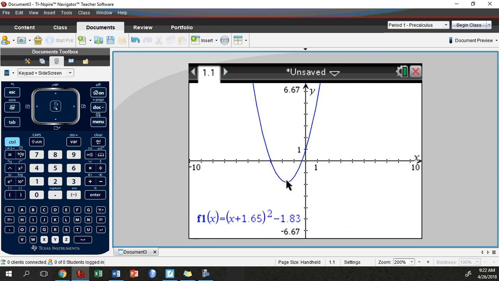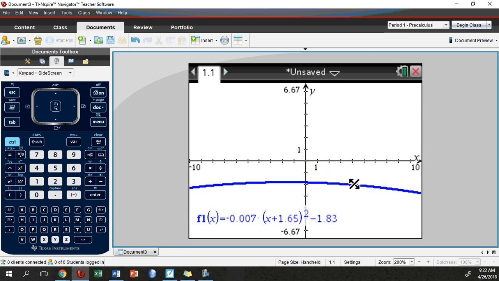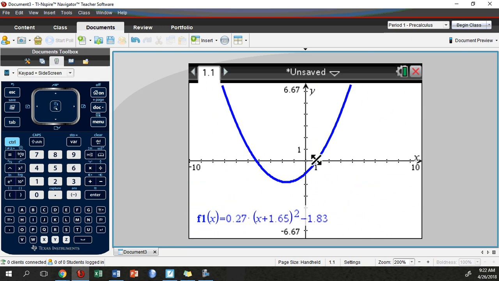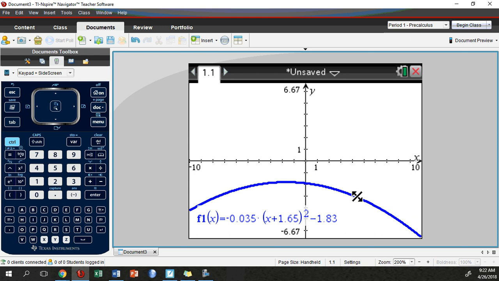Okay. Now, here's what we know about the golden arches. The golden arches are going to be reflected parabolas, correct? Now, I've shown you how to click, hold, and drop and drag an object. Now I want you to go ahead and change the stretch and compress of this. So I would like you to move your mouse to the side of the graph. You see how we get a different icon. Click, hold, and drag. And what this is going to do is shift your stretch and compress